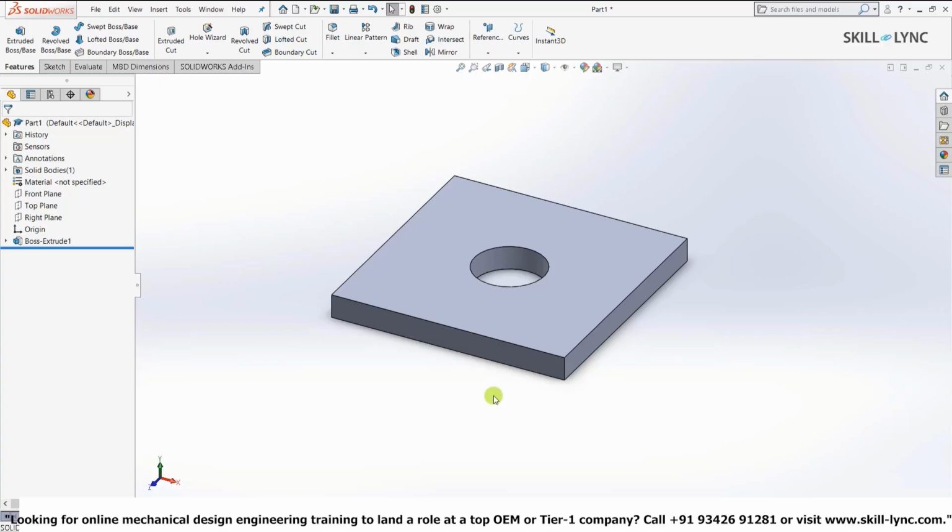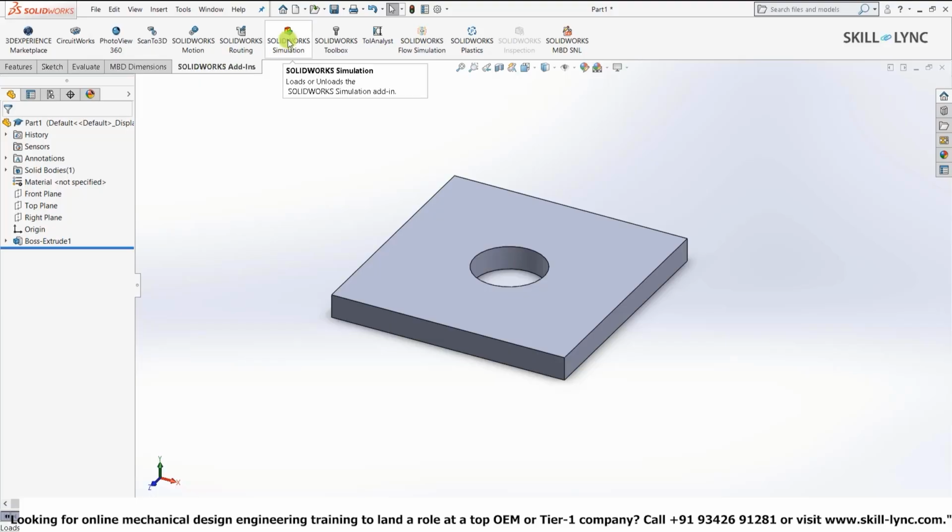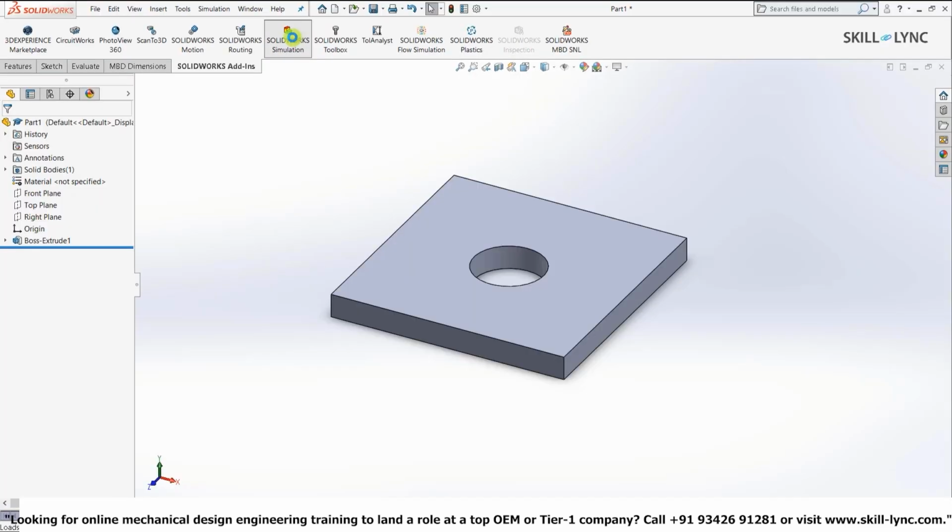Now our work will be to perform a simple static analysis. To do that, we need to go to the simulation module, but as you can see, it is missing here. As I've just shown you in the previous video, we just go to SolidWorks add-ins and click on the SolidWorks simulation icon here. This will activate the license. What the software will do is check the licensing server and see whether we have bought the SolidWorks simulation, and if at all we have bought it, it will show it. If it is not here, it won't come. So let's go ahead and click on simulation